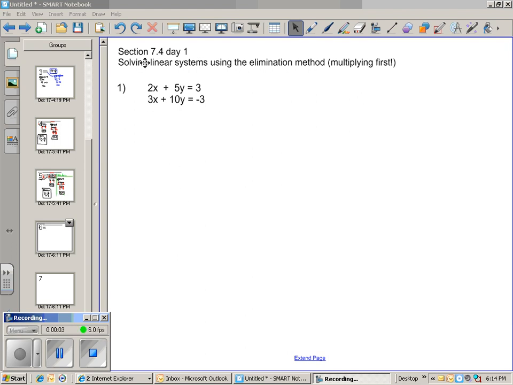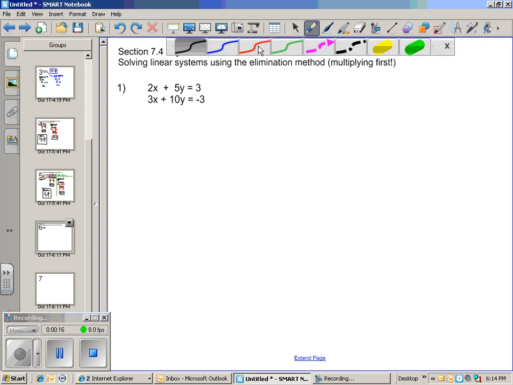Okay, today, this is section 7 for day 1. We're going to be looking at solving linear systems using the elimination method. And the first thing we're going to have to do is multiply. The elimination method is the same as what we've done when we had the addition and subtraction. The only difference now is that we may have to multiply one or both of the equations by a constant